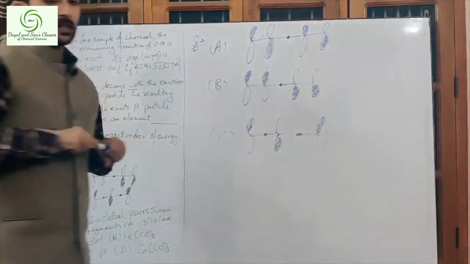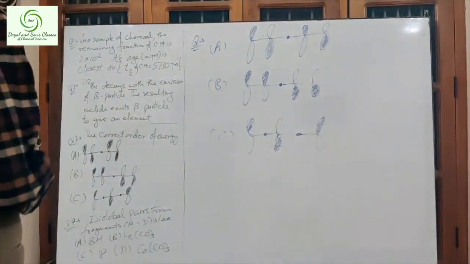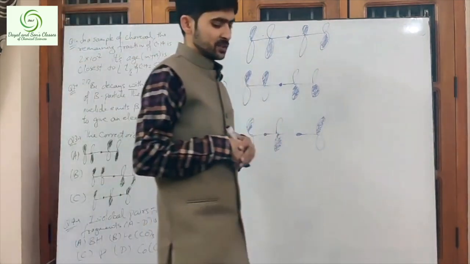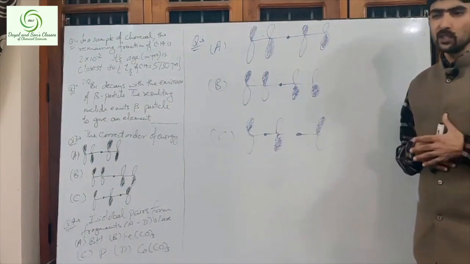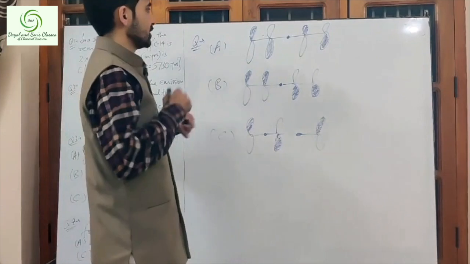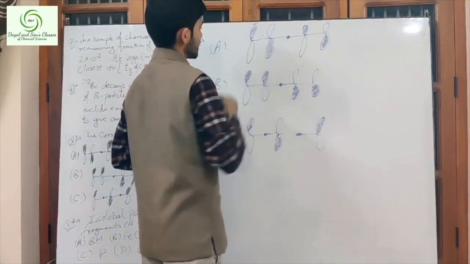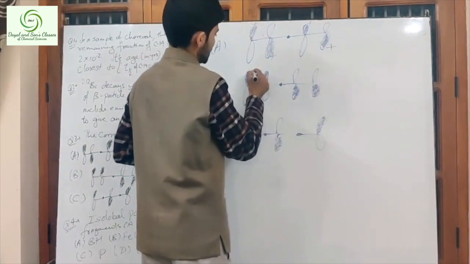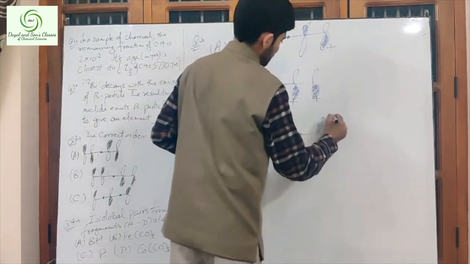Now, in order to determine their energy level, we need to apply the concept of nodes. We have to look for how many nodes there are. By node, what we mean is that wherever a node is present, the sign of the lobe changes. Now here, if I mark this dark one as plus, plus, plus, plus, plus, plus, plus, plus, this one plus, this one plus, and this one plus.